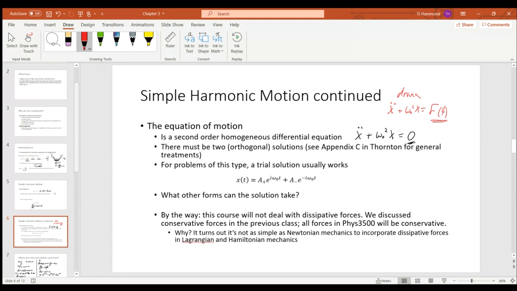Often it's easy to solve these numerically rather than analytically. There are, of course, analytic solutions, but that might be for the steady state or something like that. Okay,